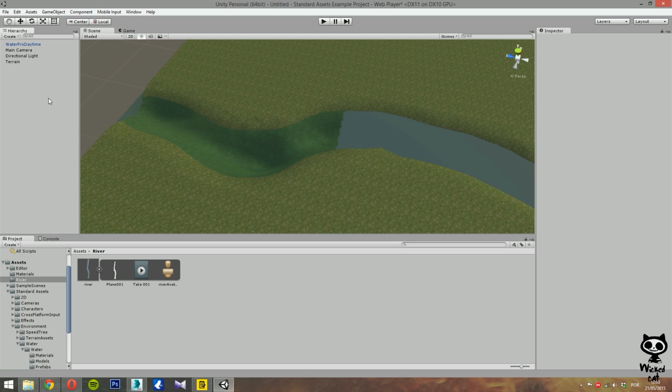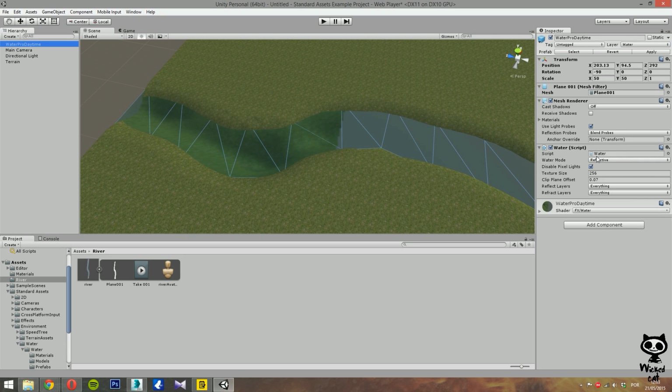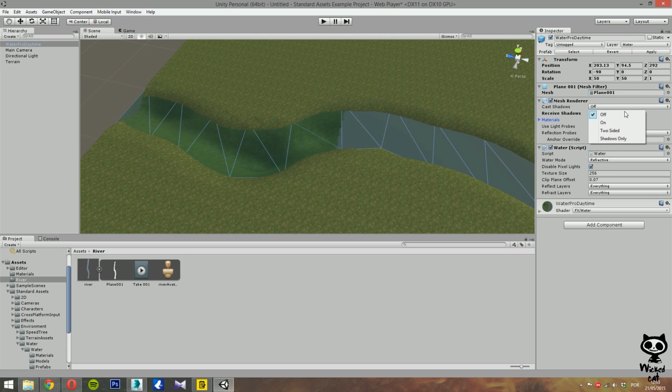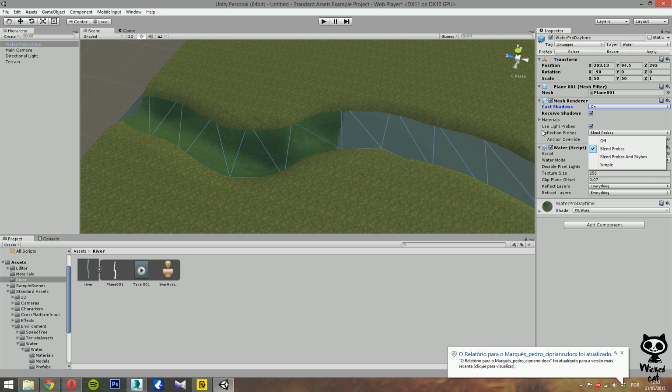Now let's just do some changes to the scene. Let's just configure the water. Okay, everything seems to be fine here. Let's turn on receive shadows. Okay, and cast shadows on. And here on reflection probes, let's just change. Like I'm saying, on reflection probes we have blend probes selected. Let's just change it to blend probes and skybox. Okay,